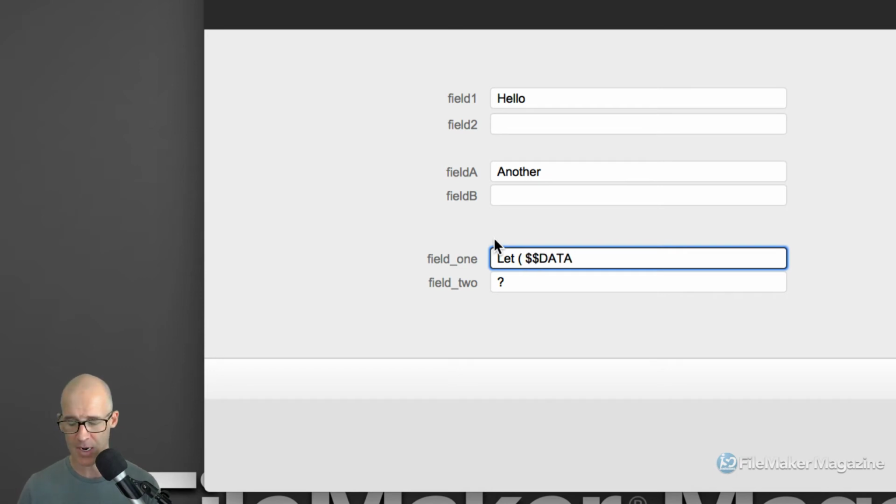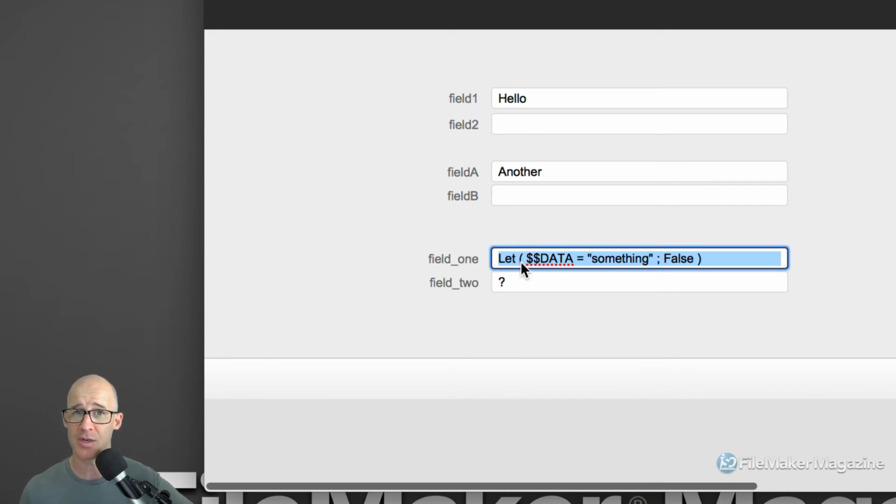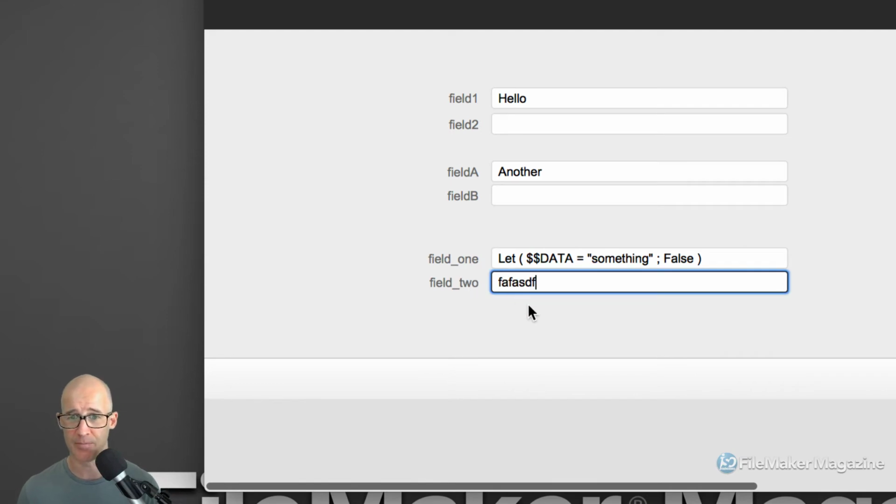Let data equal, in this case, I'll put something, and then I can really put anything. It doesn't really matter right here. But the fact of the matter is, I'm able to evaluate this. The Evaluate is evaluating the contents of this field. Danger, danger, danger. When I exit out of this, and if I change this, granted, FileMaker doesn't immediately update its